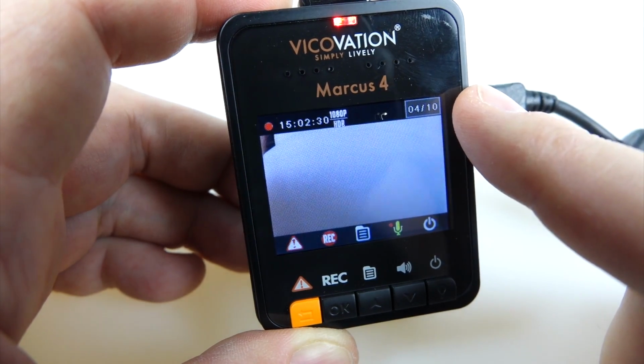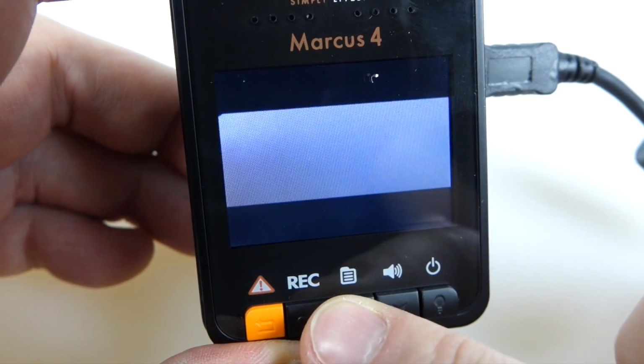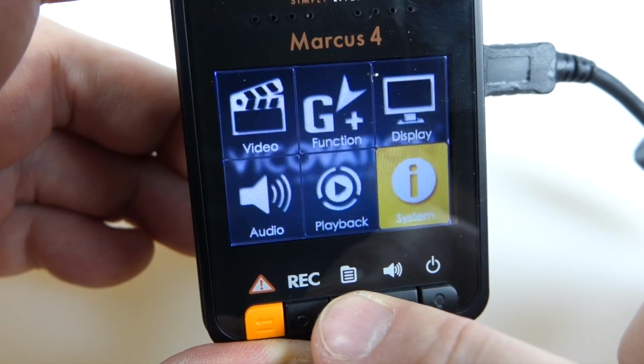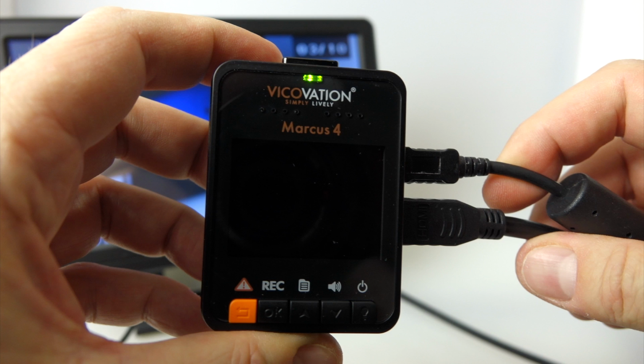So if you see anything amazing happening in front of you, just press the orange button and it'll save an extra file on your card if you want to just get those in one little folder. Very handy. Now you can go through the menus on the screen like this, which is very easy of course,